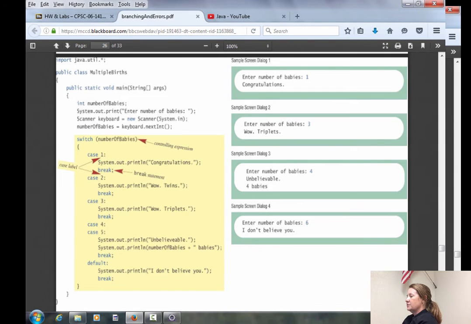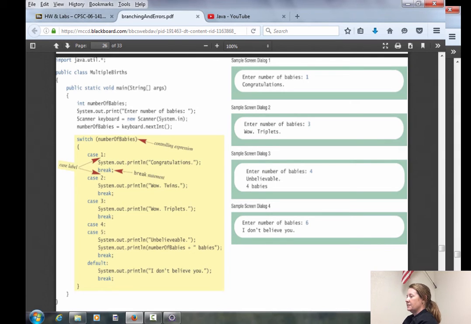And what it does is it ignores all the other cases and it executes all the lines of code it reaches until it hits the break statement. So note that it keeps on moving down and it executes all the lines of code, so it's actually going to print out unbelievable. It's going to print out 4 babies, and then it finally reaches the break statement and leaves.